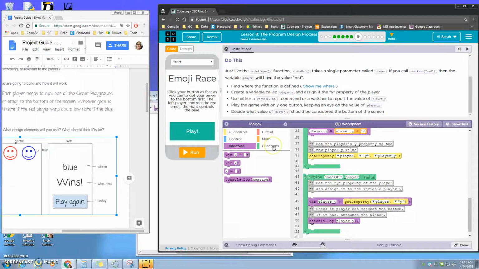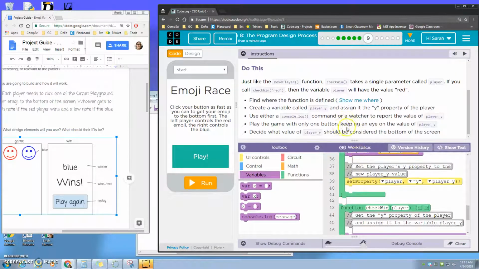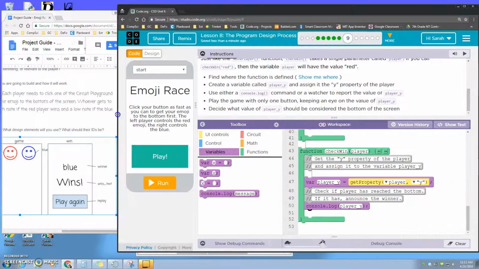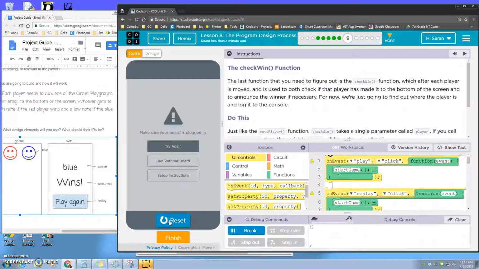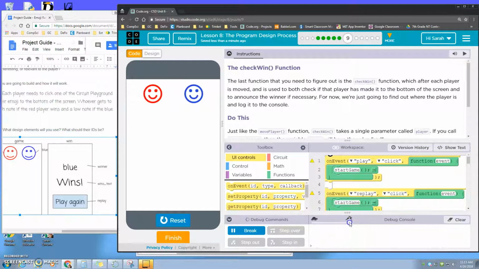I just want to see where the player is when it hits the bottom to make my decision about what I'm going to consider them winning. So if I run it right now, and click play, what I'm going to see down here in the console when I'm moving it is